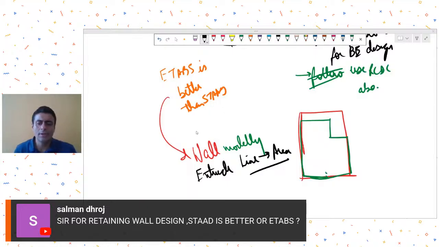Load application in ETABS is also relatively simple, and the outputs that you get are also better in ETABS, because ETABS will give you all the shear outputs. So it will give you the V13, V23 shear. It will give you the moments, and it will also give you the axial forces integrated by assigning pier labels. So looking at all those things, in my opinion, ETABS is a better software than STAAD for these types